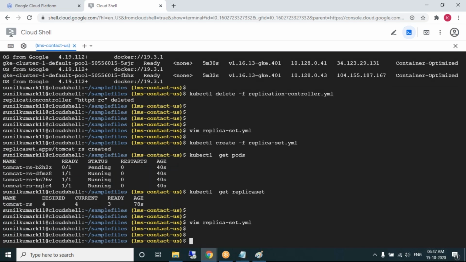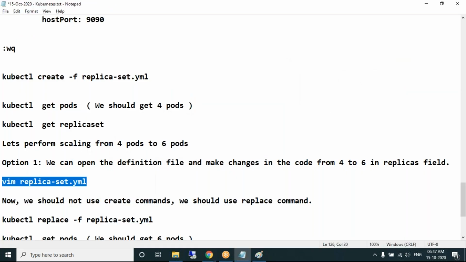Change the definition file. Once the definition file is changed, last time I used kubectl create with the replica-set.yaml file. Now we should not use create, we should use replace. We should use the replace command to consider the new definition file. I'm replacing the old definition file with the new definition file.